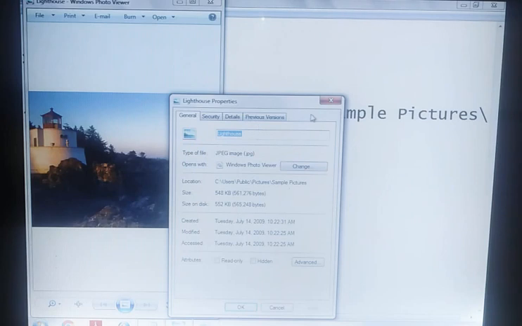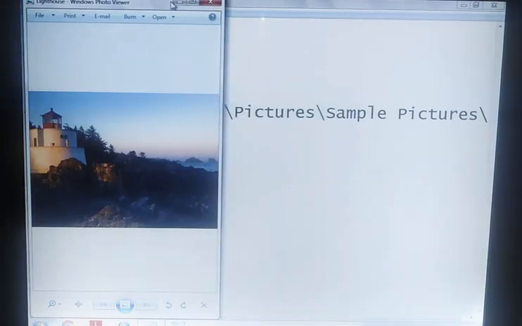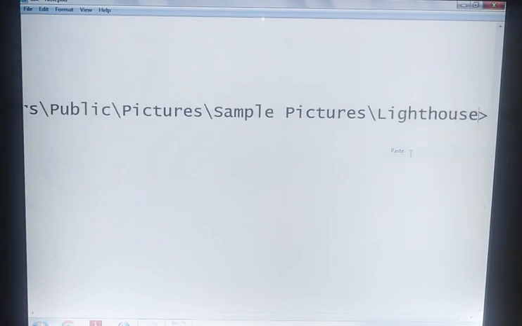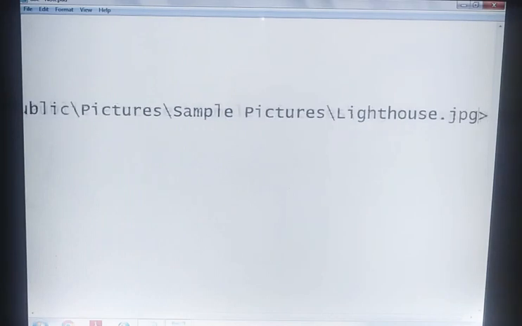So close it, minimize it. After this slash, we'll paste the name of this image. As we have all seen, the extension that was given is JPEG. So in the last we write down here dot JPG. Sometimes what happens, whenever you write JPEG, it will not display your image. So we need to write .jpg only. Then put the double quotes here.